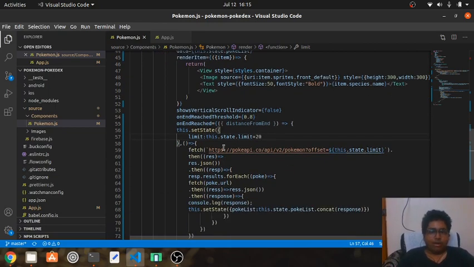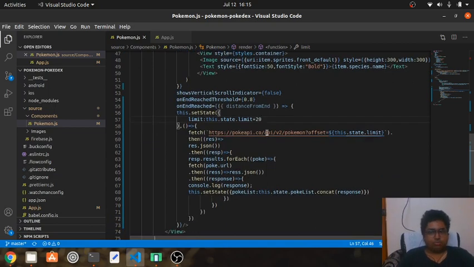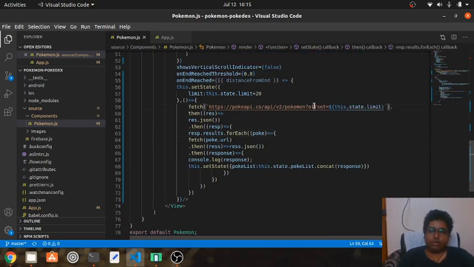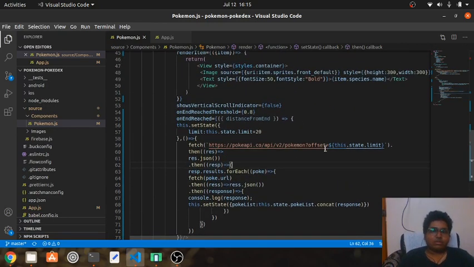And in the callback of this set state, I am again fetching the Pokemon API. But in this case, I am adding an offset. It's going to fetch 20 elements only, but with an offset of 40, so it's going to fetch the next 20 elements.